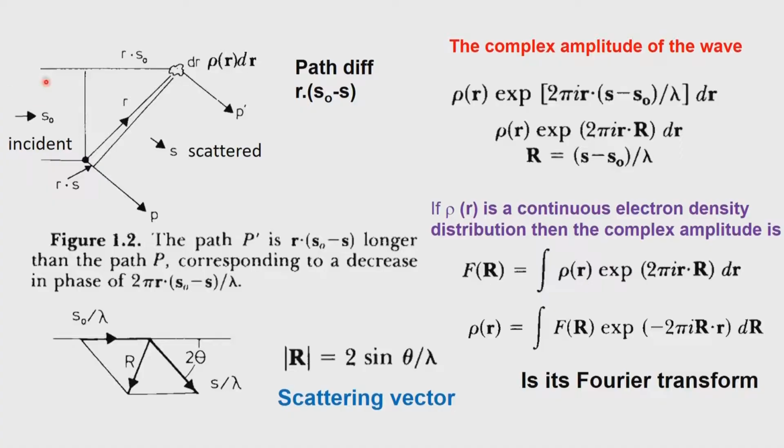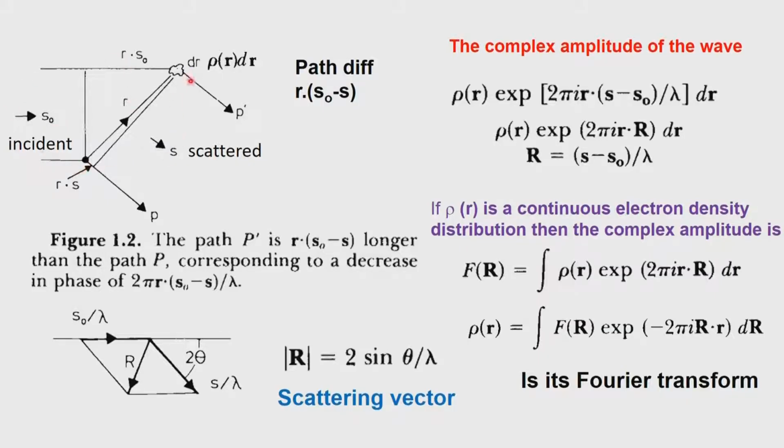coming in. So, the incident wave which is coming in, this is a wave as we have imagined before. So, it has an amplitude and a phase. Now, this incident wave which is representing the energy associated with the incoming radiation, which is E naught square, is the energy. So, that is referred to as the intensity. So, there is a certain intensity of the wave, that is how the light intensity comes up, and that intensity is now incident on, let us say, a small volume d r in matter.